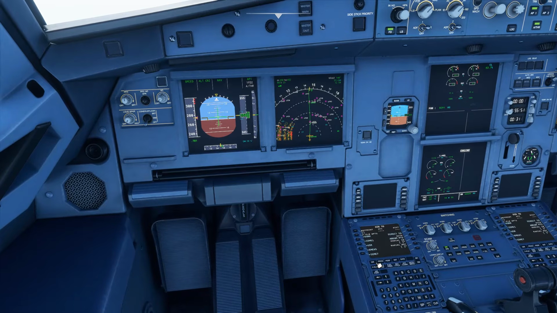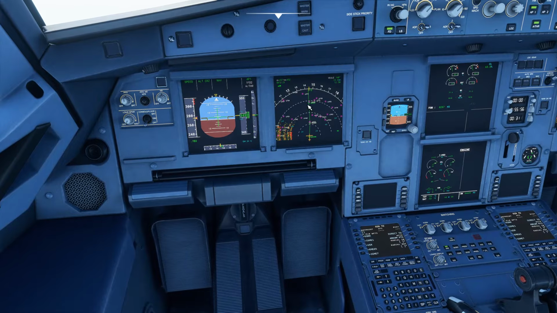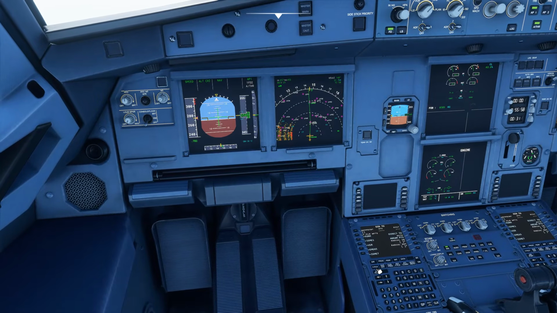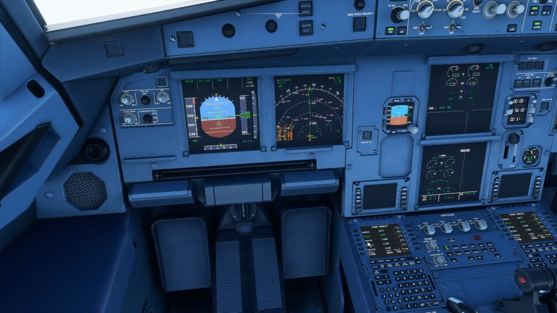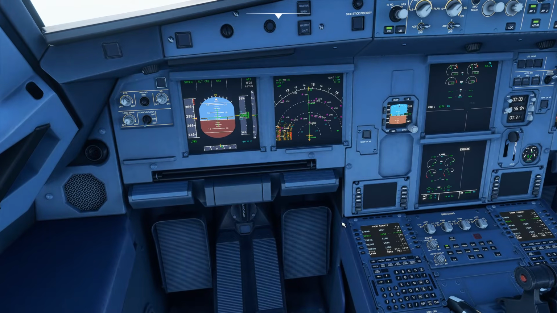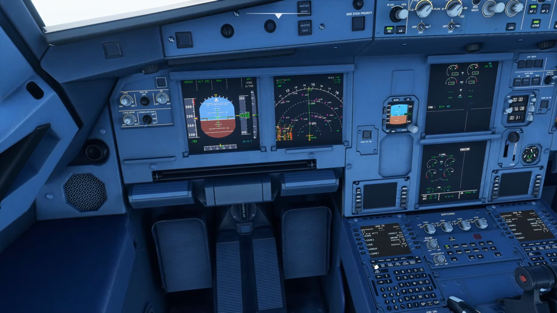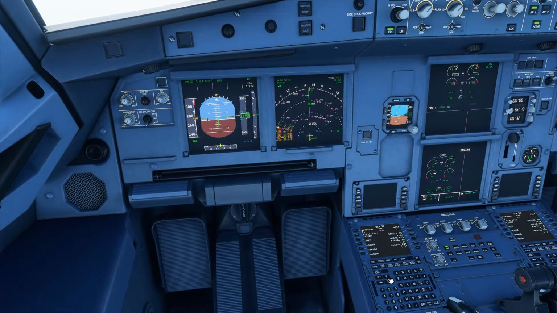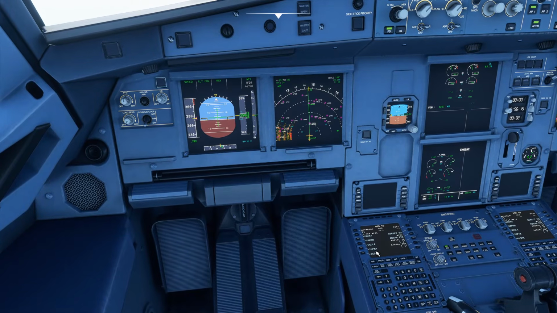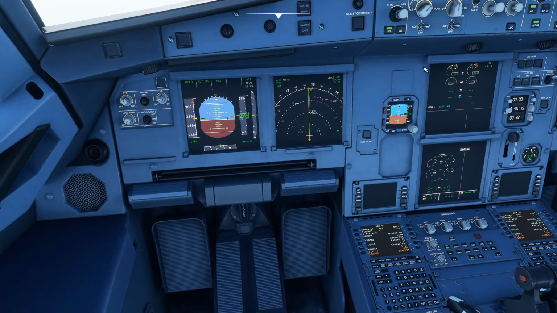With the direct to function, as I said, we can go direct to any waypoint that we like. So for example, if we wanted to cut this short corner here between waypoint View and waypoint Impacts, we could go direct to waypoint Impacts. To do that, we just click on direct to, and then we find waypoint Impacts in the flight plan. So there's Impacts, click on the prompt next to Impacts,